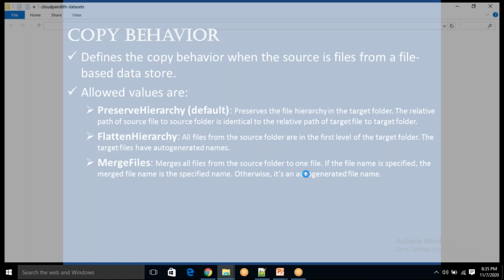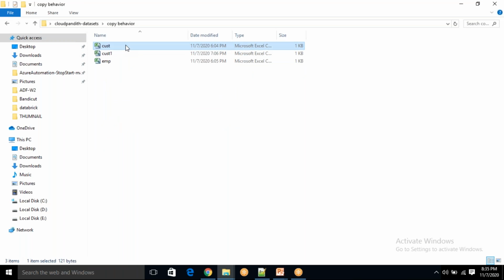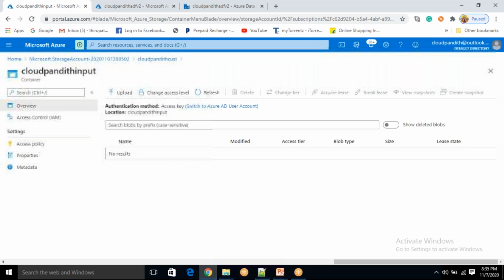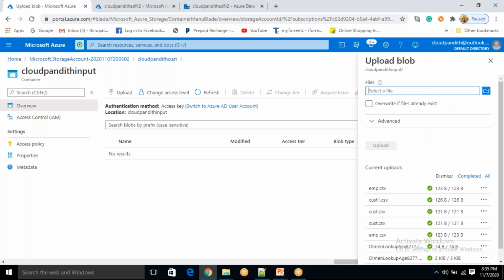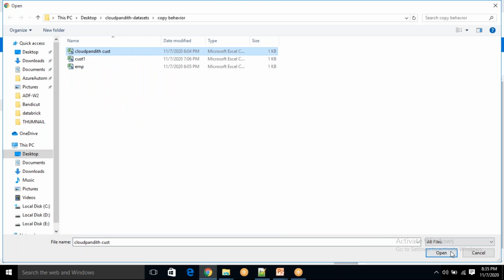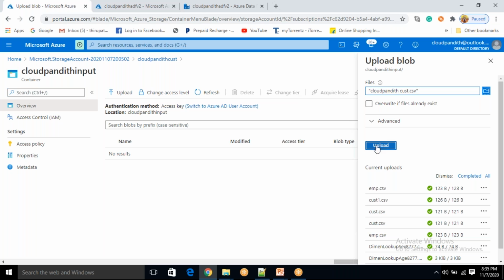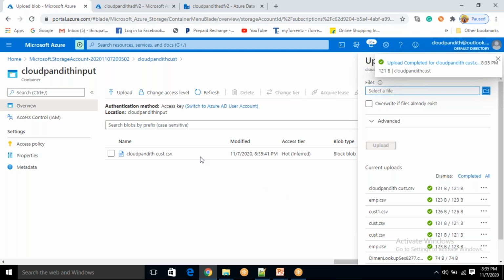Now I will create one more file, let's say a cust file named Cloud Pandit space cust. This is the CSV file I have. I will upload it now. Let's click upload.